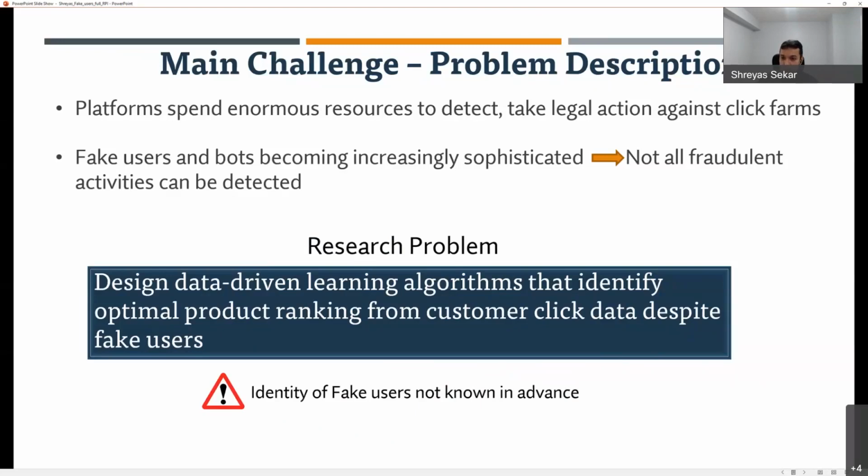Right. Let me stop here and see if there are any questions. Is this problem statement clear to everyone? I'll introduce the model in one slide. Feel free to post on chat if you want me to clarify something, or else I'm going to move on.